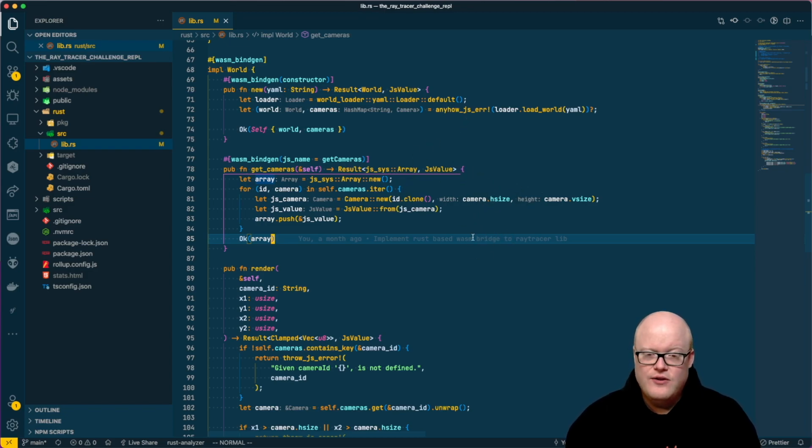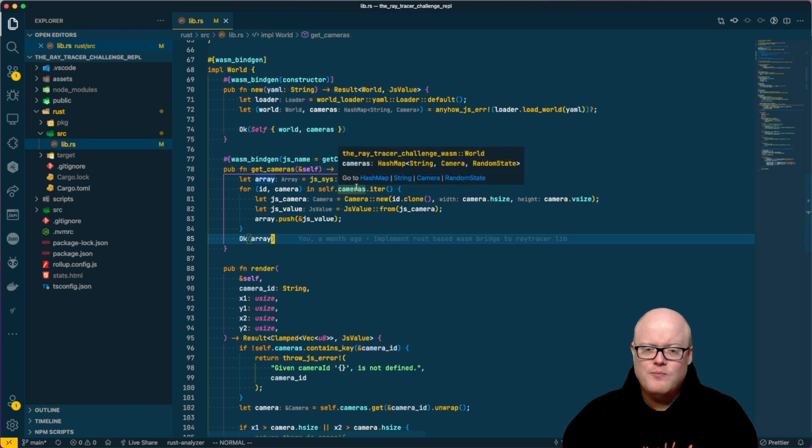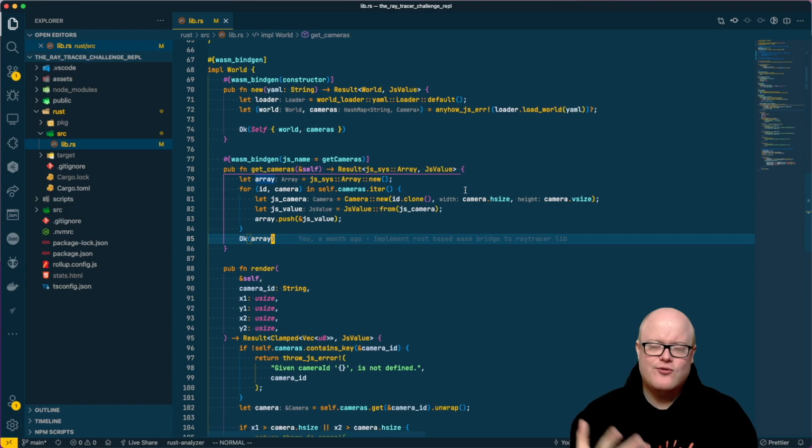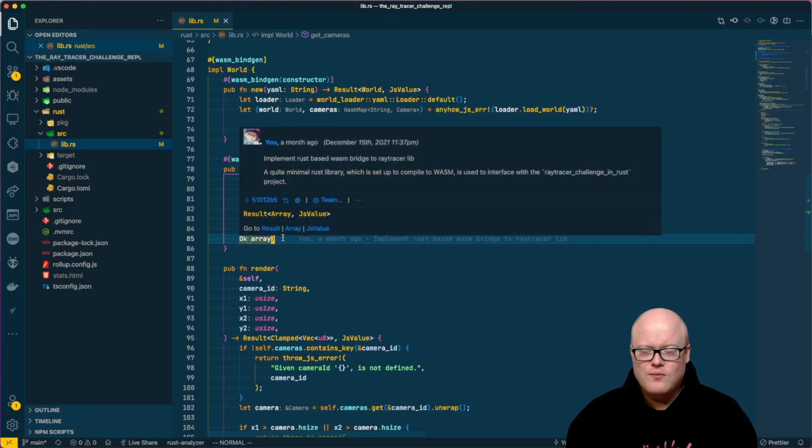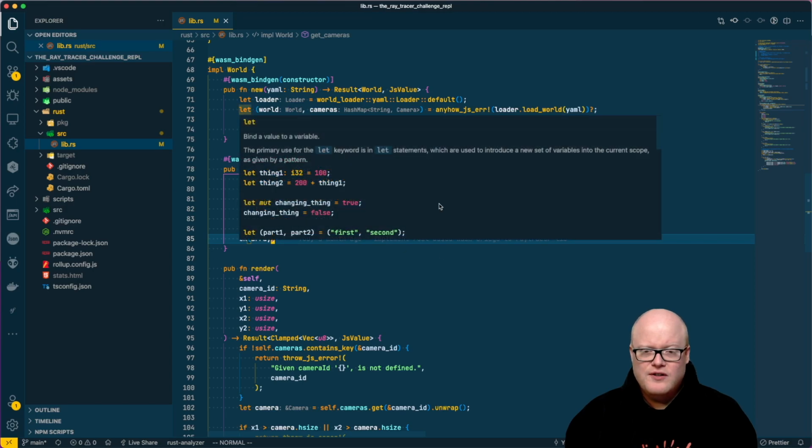With this JS value inside. So this getCameras thing doesn't do something really spectacular. It essentially only takes the camera objects, which our ray tracer parsed and created from our YAML file. An iterator walks through them and creates essentially a JavaScript array from them. So a JS array, so that we can return this one because we want to put it into the JavaScript